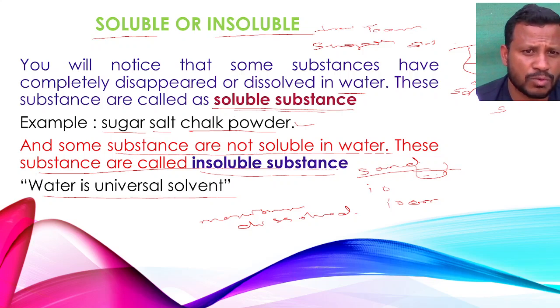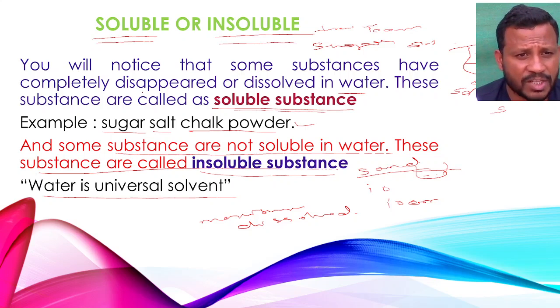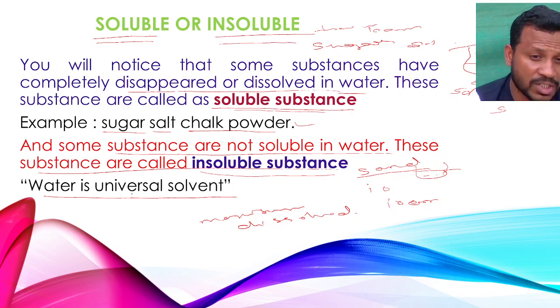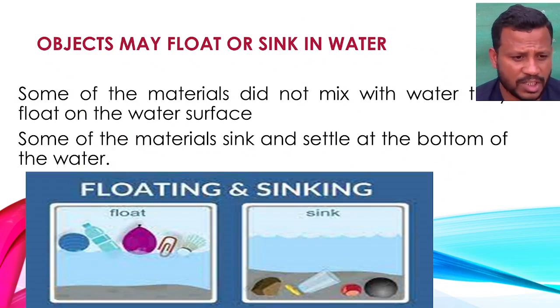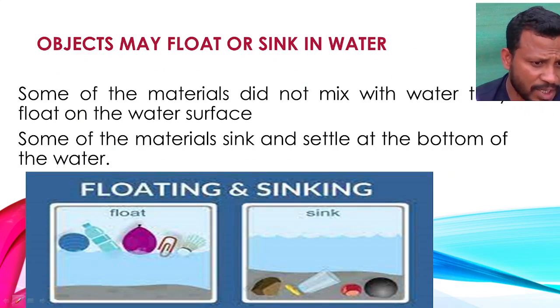Today we saw two types of substances, the soluble substances and the insoluble substances. The substances which disappear or dissolve in the water are known as soluble substances. The substances that are not soluble in water are called insoluble substances, and water is the universal solvent. Okay. If we come to the next slide or the next page, we see